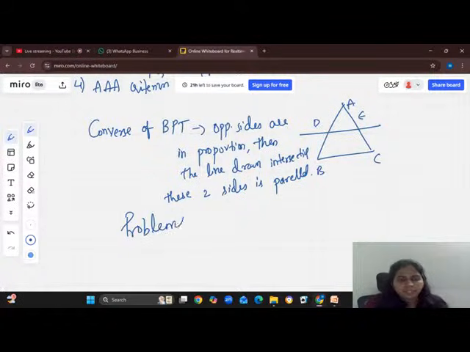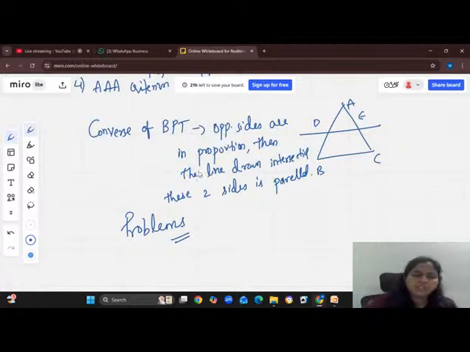I have done all the problems in our playlist. So if you can watch the triangles video, where I have explained, we have solved so many problems over there. So these are the very important points on triangles. Beyond this, you will not get any question. These are the only concepts that we have in triangles. If you know the similarity criteria, the BPT and the converse of BPT and the rules, enough, you can solve happily.